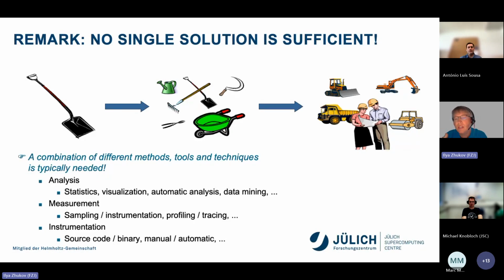Then again, if you need statistics, then you would probably need profiling. If you need visualization or additional information about how your application was running over time, then you would need tracing. And also, sorry, instrumentation. You have to decide what kind of instrumentation you would like to use. Is it maybe manual? Maybe you would need to add printfs, and this is sufficient. Maybe you would need source code or binary instrumentation, and so on. So think about what is useful for you and your case. There is no silver bullet at all.